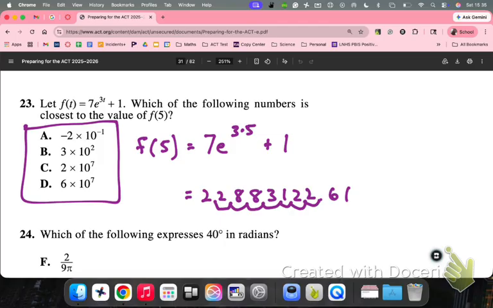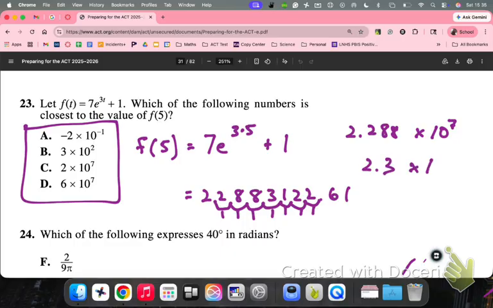I've got 2.28, and more digits, 8, 3, and all that goes. And then it's going to be times 10 to some power, and I'm going to count how many times I hop. I hop 1, 2, 3, 4, 5, 6, 7 times, so 10 to the 7th. I moved this decimal point to the left, so that is a positive number. That's just the way that scientific notation works. So my answer is about